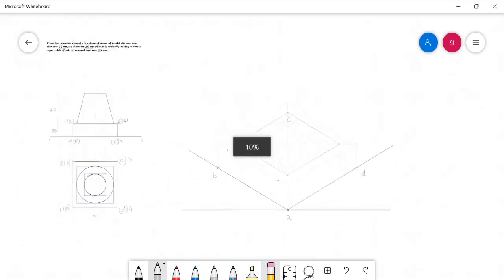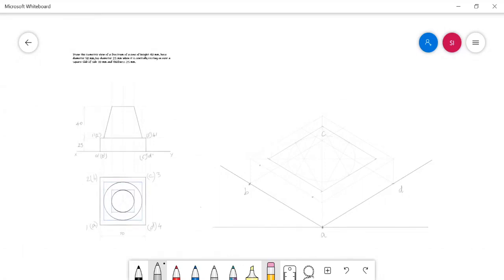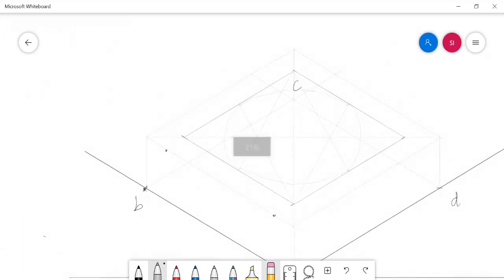After that, the top face with the 25 mm diameter circle can be drawn at the height of 40 mm. For that, I need to elevate this box up to the height of 40 mm.